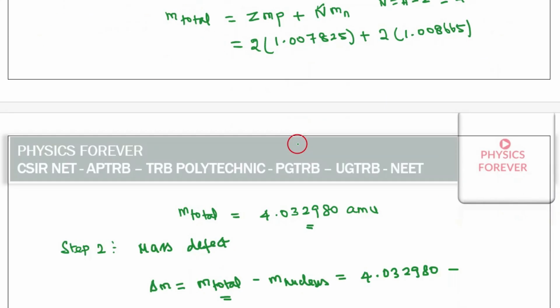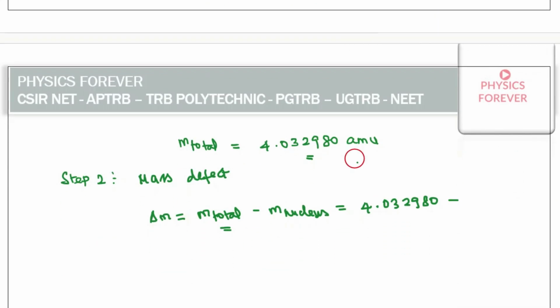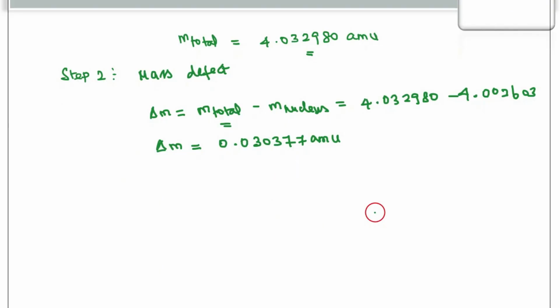Okay, so then 4.002603. நம்ம அதை substitute பண்ணா then mass defect is equal to 0.030377 atomic mass unit. Okay, so first individual masses கண்டுபிடிச்சாச்சு, next mass defect கண்டுபிடிச்சாச்சு, next third step